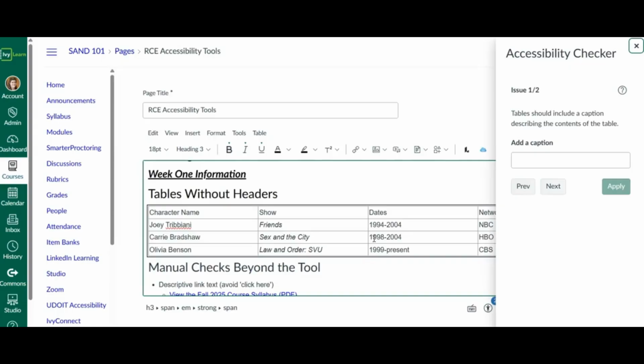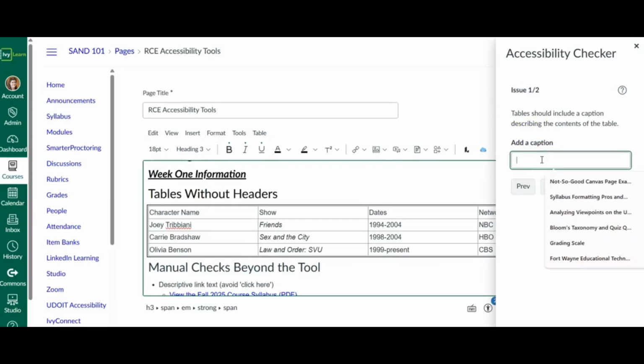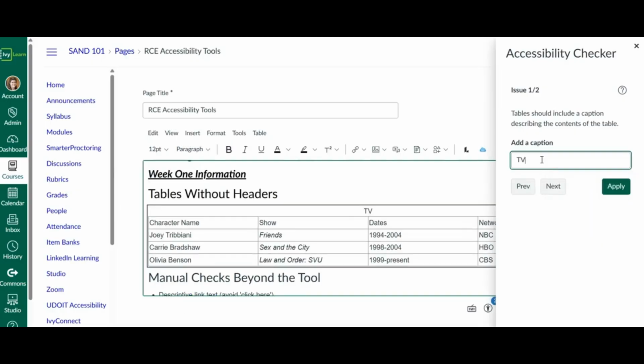The next issue we encounter is a table that has information that students need to process without a caption describing the contents of the table or a header row or header column. For tables, you need to identify a header row and set the appropriate scope. This ensures the content is structured and understandable for screen readers. So the first issue related to the table asks you to add a caption. So in this particular case, we're going to say